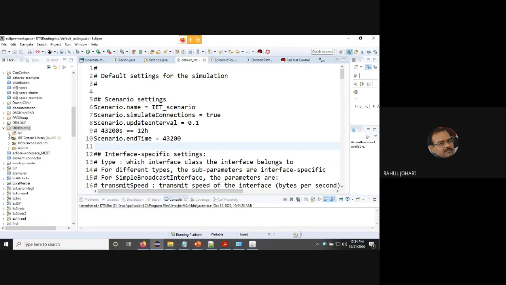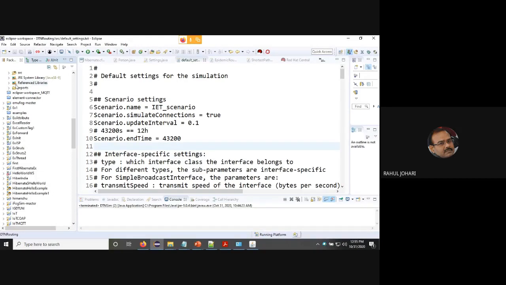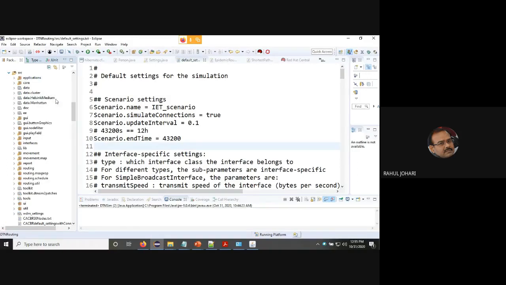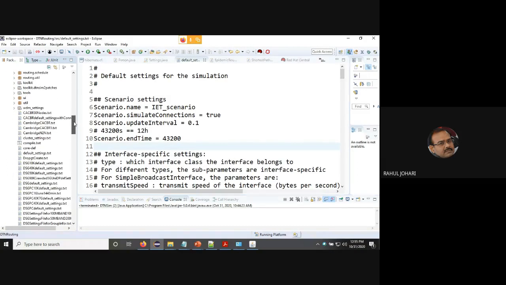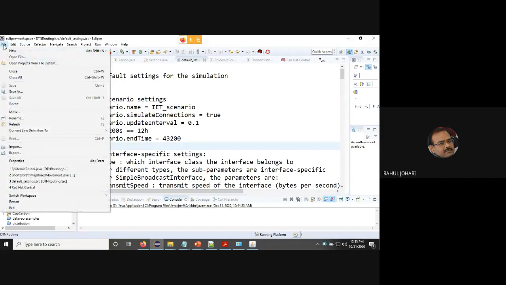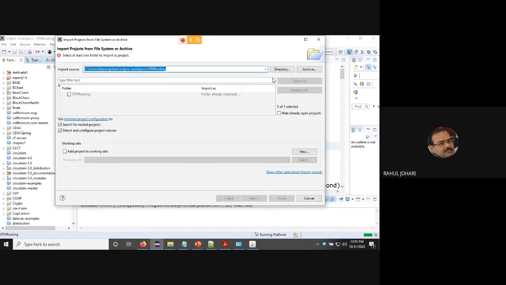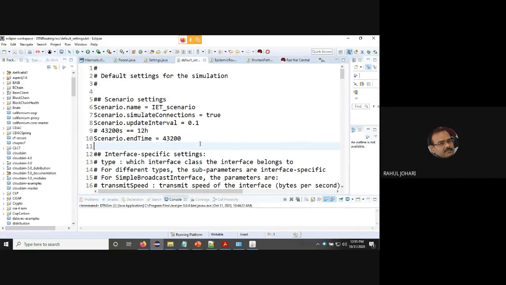You say open project from file system, go to the location where you unzipped it, and then you can open that project in your IDE. That becomes easy to deal with.